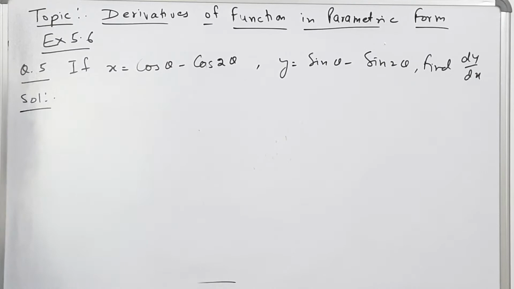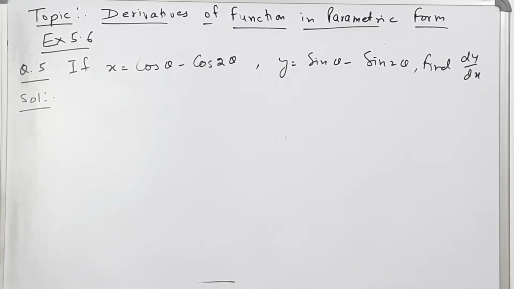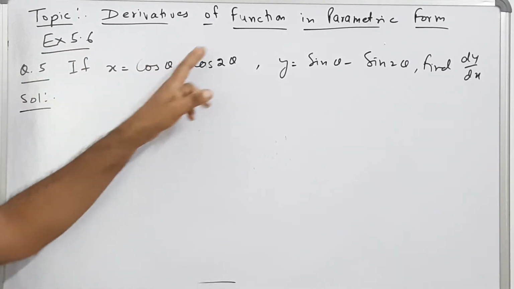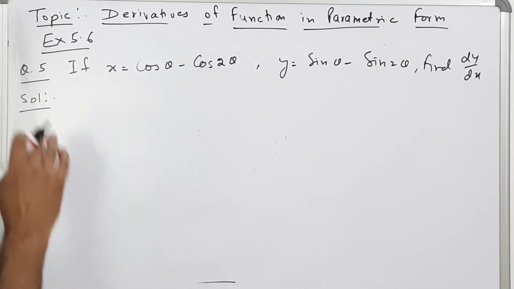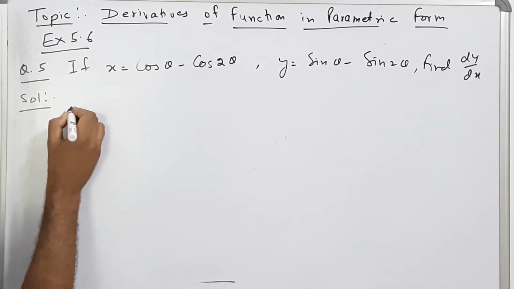Hello students, now we are continuing exercise 5.6 and problem number 5. The topic is derivative of the function in the parametric form. So you see this problem now. First we calculate